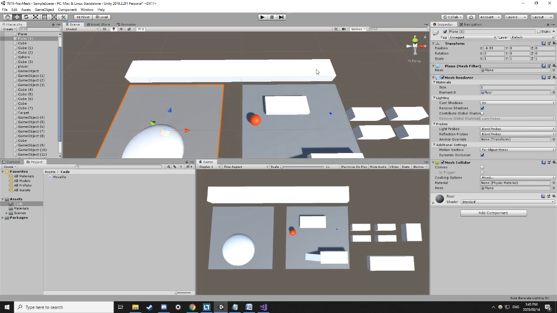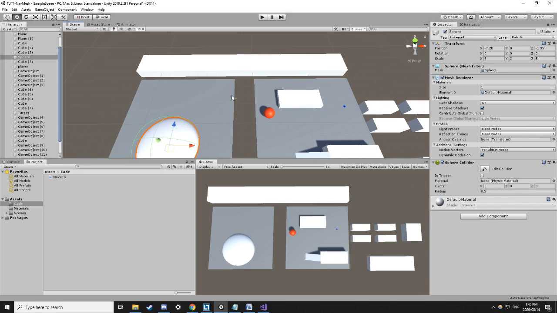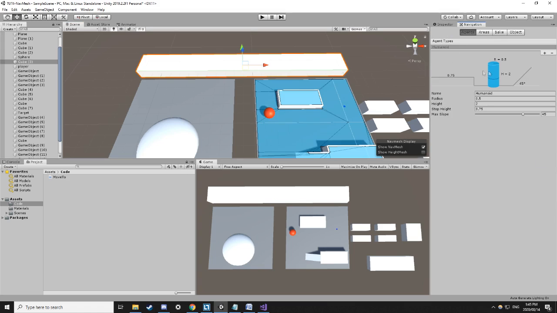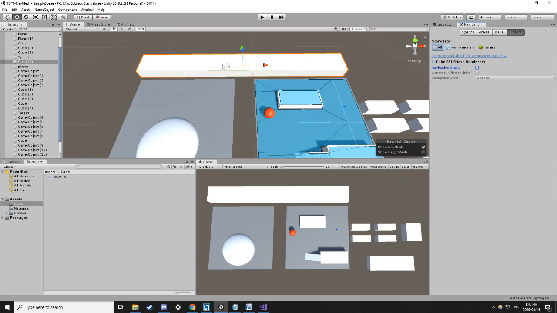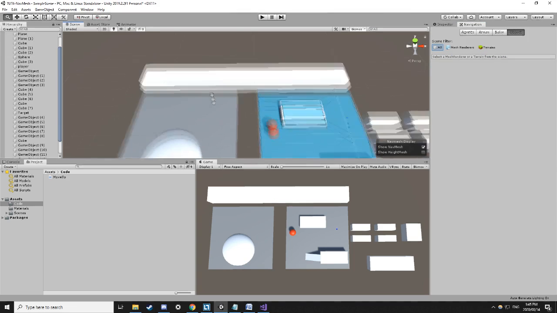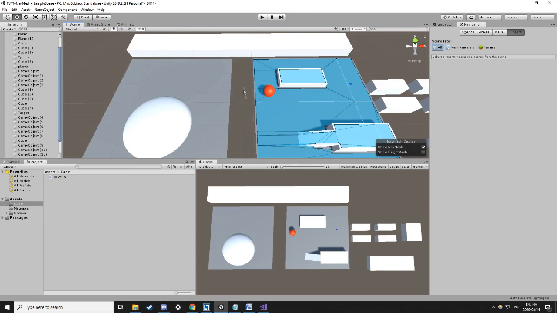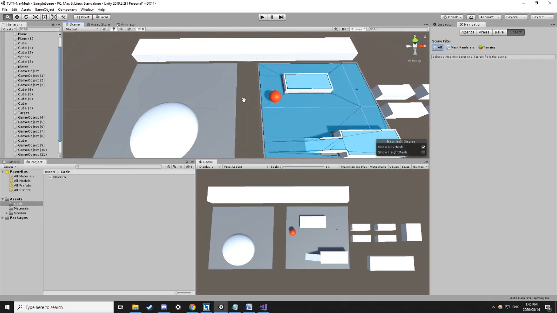Okay, but first, before I do that, I just want to make these navigation static as well. So go to navigation, go to objects, click on the object, navigation static, navigation static, navigation static. Okay. Well, now what I want to do is I want to move from this